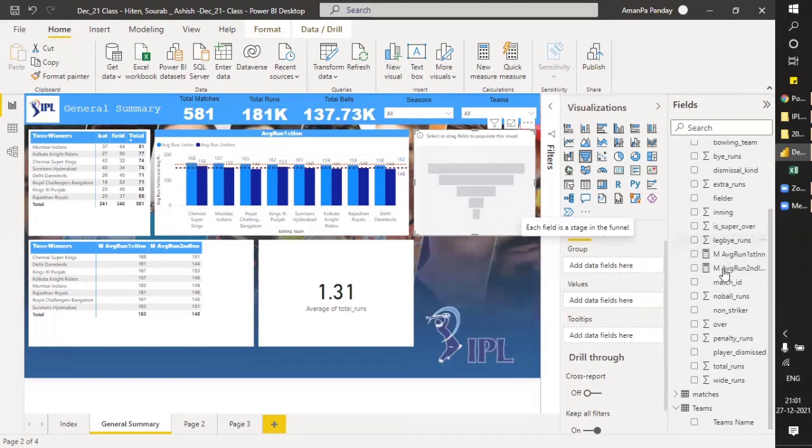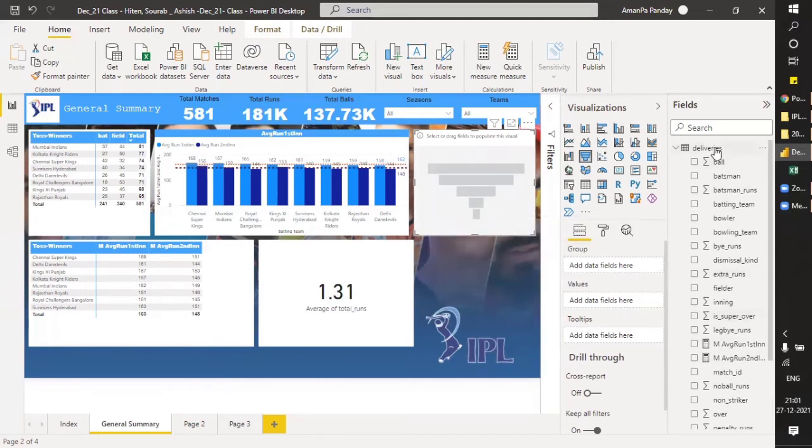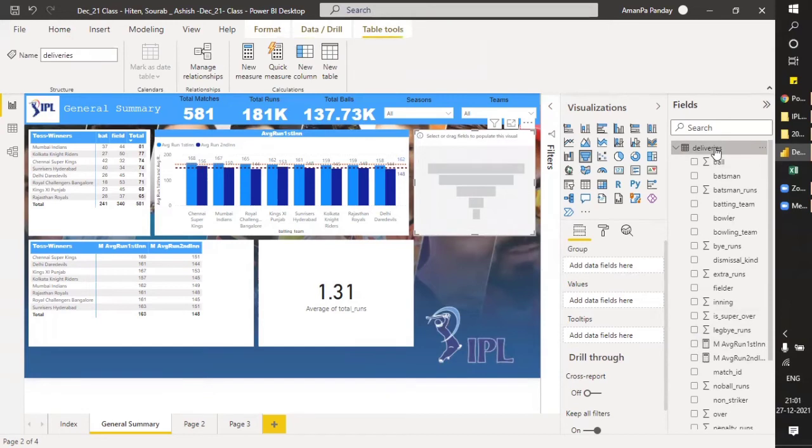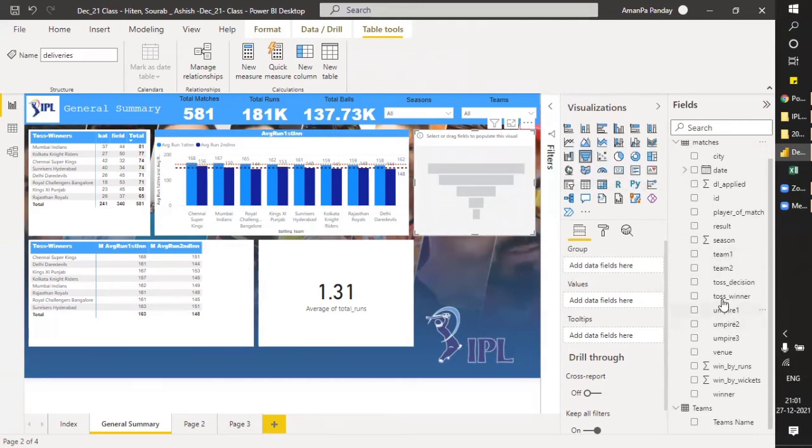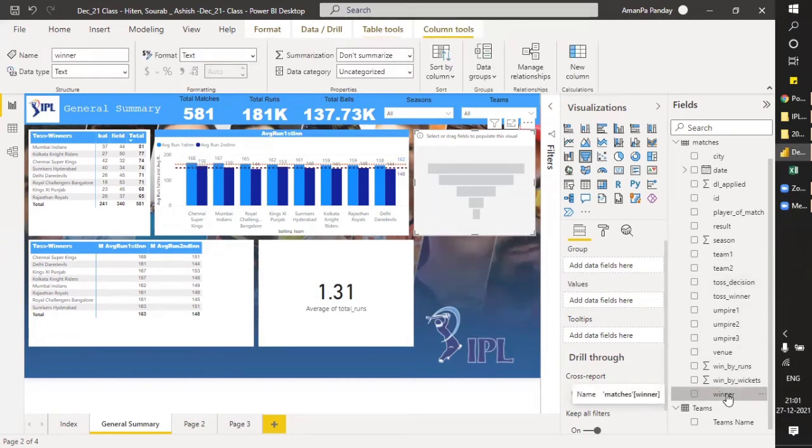So in deliveries, let's go to the matches. How many matches have they won? In matches, you can see toss winner, toss decision, winner. Let us check what this winner is. Is it a number or just a name?